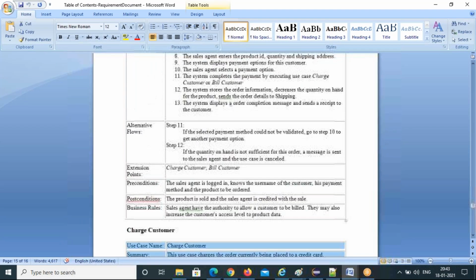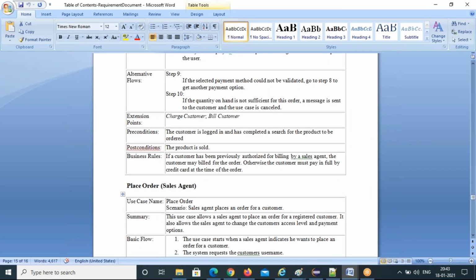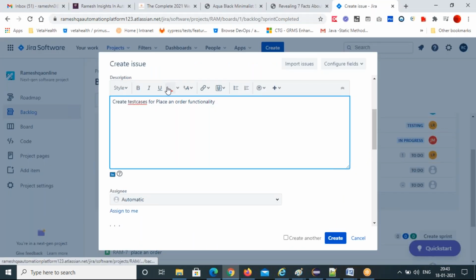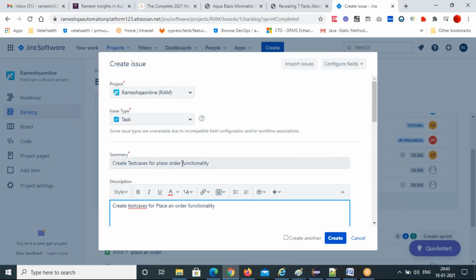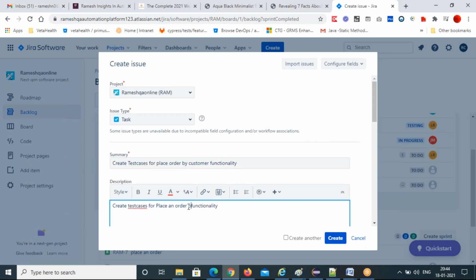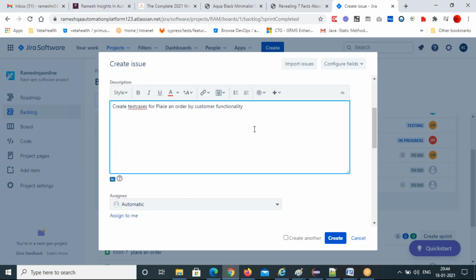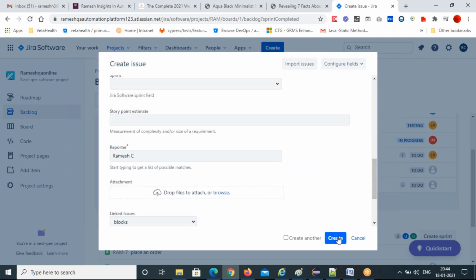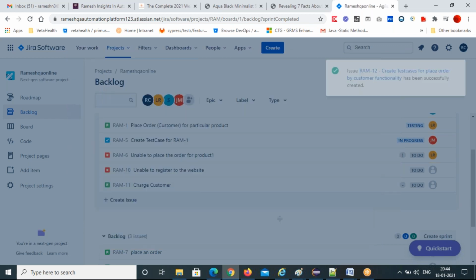We can understand place order by sales agent, place order by customer. We have to be very clear. Place order by customer functionality, right? Then you can create the test cases. So this is how you can create a task.